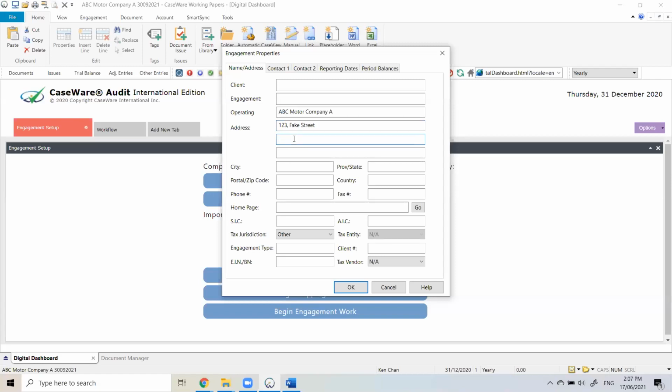I'm going to fill in the state. I'm in Langor, city. Oops, wrong section here. I'm going to fill in the country. So it's important to set this up because in your Caseware file, we will be generating reports